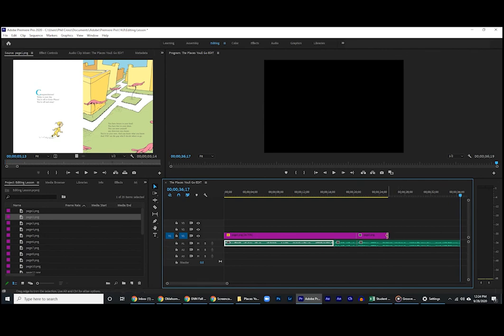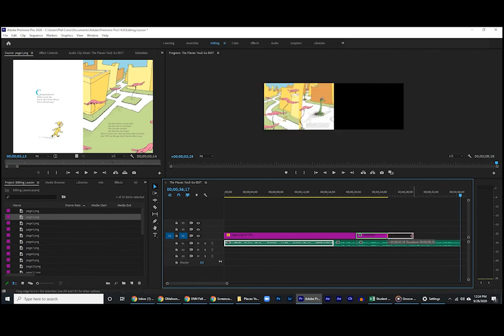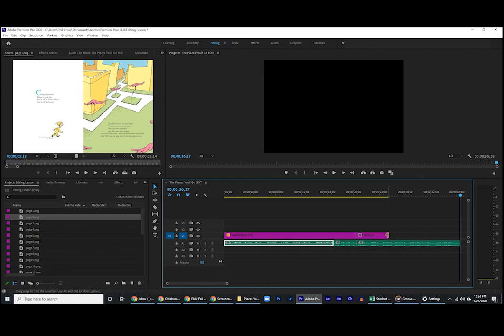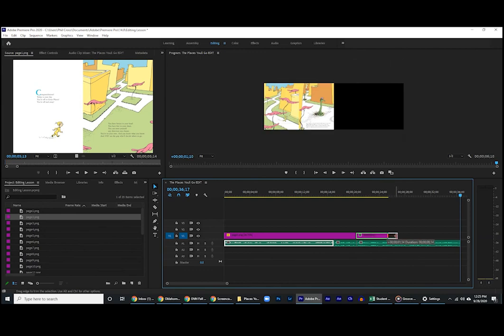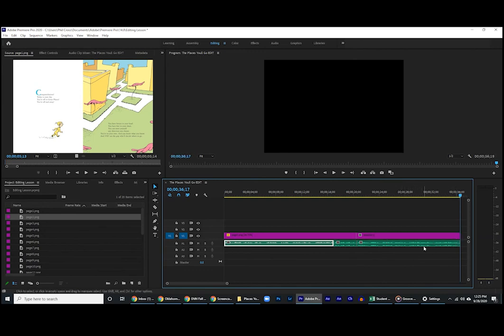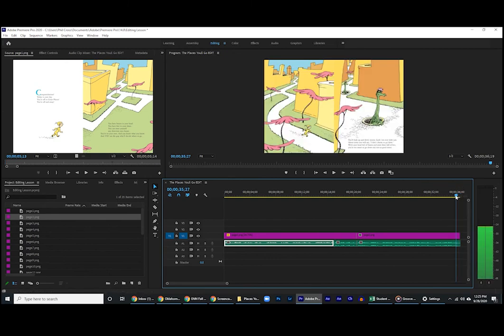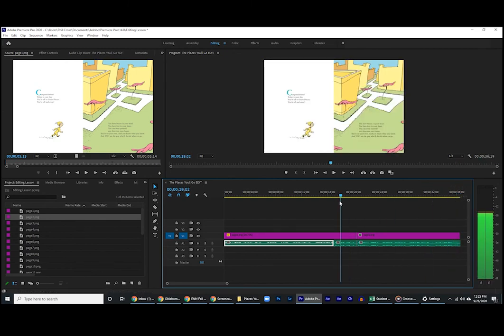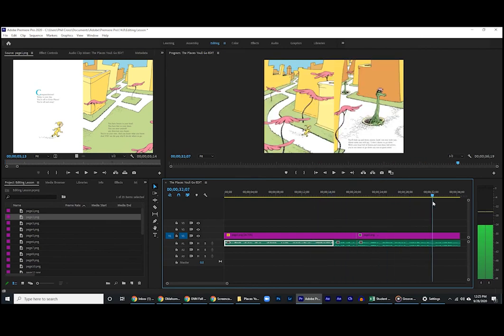Now go to the page 2 clip on the timeline, and as you hover over the end of the clip, you'll see a red bracket with an arrow. Click once and hold, and you can drag that clip to extend all the way to the spot you've stopped on the timeline. It should snap right to that exact spot. So either using Mark In and Mark Out or dragging clips and resizing them, you can finish this project. And those are the basics of editing in Premiere.